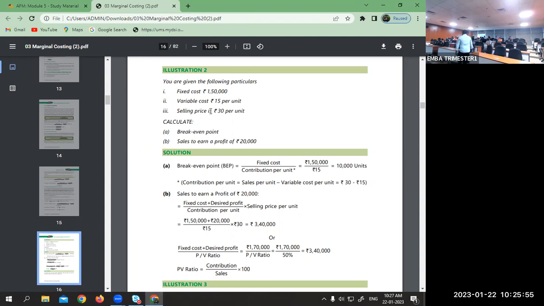Second question, they are asking you to calculate the break-even sales to earn a profit of 20,000. The formula is fixed cost plus desired amount of profit, whole thing divided by contribution per unit. Okay, in this case, 1,50,000 plus 20,000 divided by 15. Forget about this, only tell me this. 1,50,000 plus 20,000 is equal to 1,70,000. 1,70,000 divided by 15 is equal to